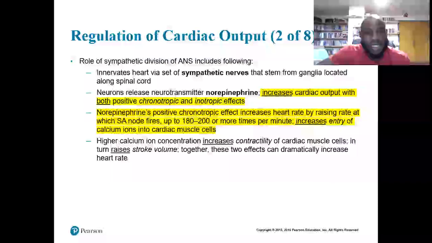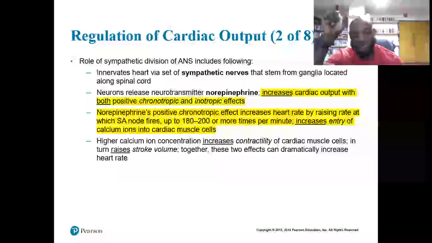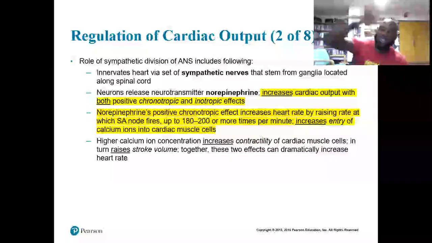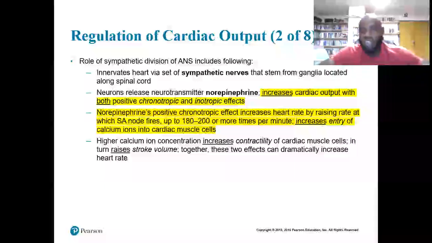All right, so the ANS, autonomic nervous system, innervates the heart through the sympathetic nerves, which stem from the ganglia located along the spinal cord. Remember the spinal cord, and you have the ganglia on each side of the spinal cord. They release the neurotransmitter norepinephrine, which increases cardiac output. You also have norepinephrine's positive chronotropic effect, which increases heart rate by raising the rate at which the SA node fires. That's how it increases your heart rate,